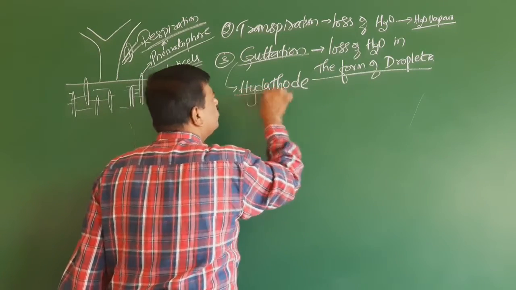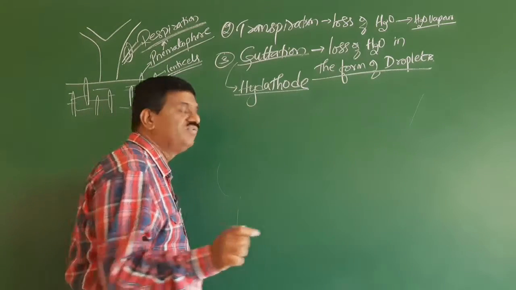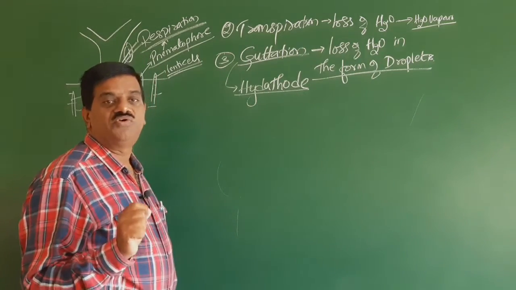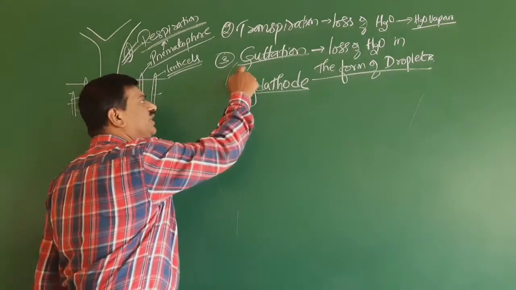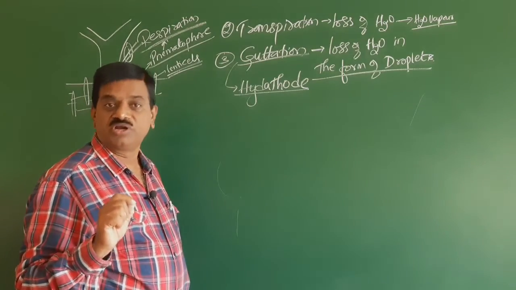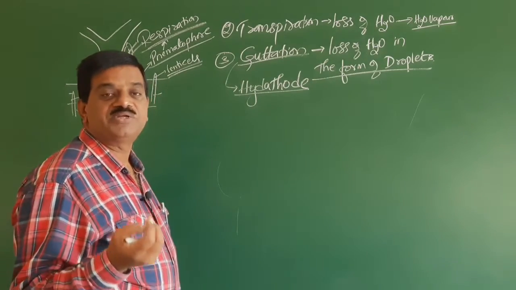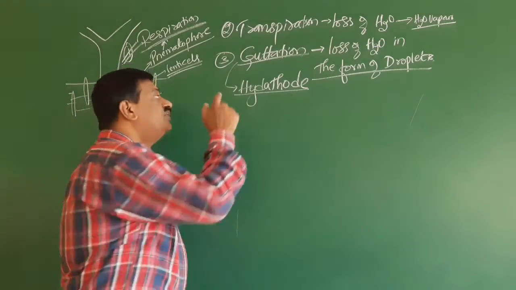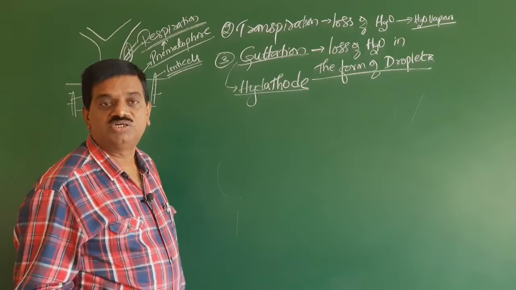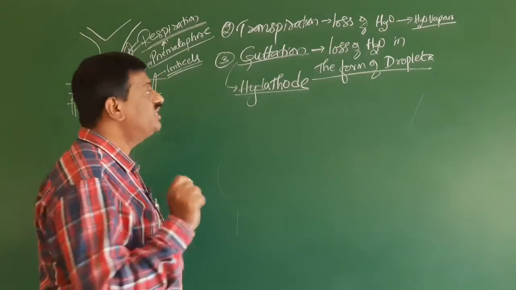When we see a monocot leaf, the apex or tip of the monocot leaf has the presence of hydathodes. Through this hydathode, the water is thrown out in the form of a droplet. Usually guttation takes place in the evenings or night time, but can be seen in the early morning. When we walk in the grasslands early in the morning, we see droplets on the leaves. That is due to guttation, and the guttation water is always impure. It has dissolved salts in it.